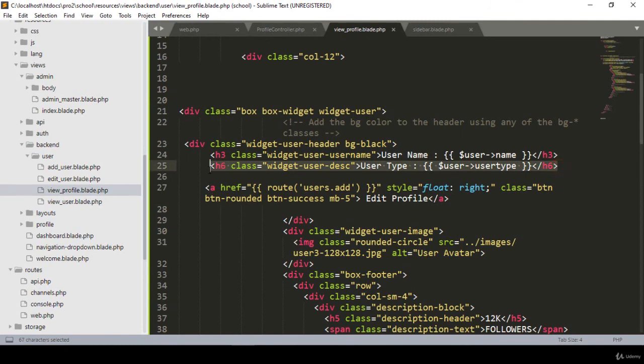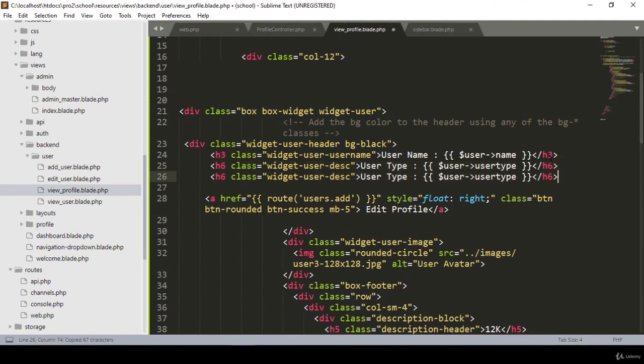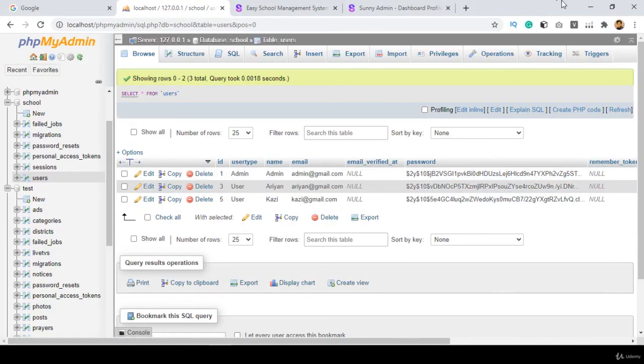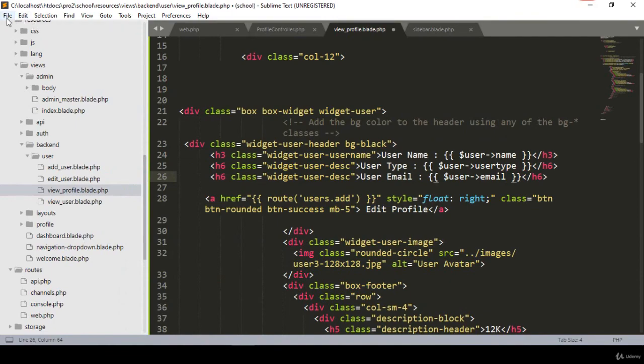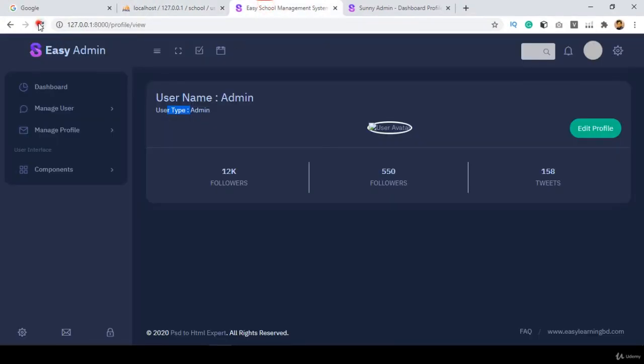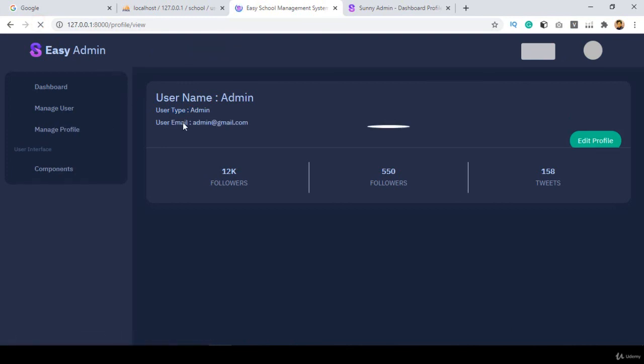Better I also add another one. I paste it, so that will be the user email. Okay, user email. With this user I want to access our database field named email, right? So that is actually the field name, email. Right now I also want to make it visible. So now if you click Save All, this is all the data for this user. You can see it's now showing the admin, there is a name, that means the user type, the user email address is visible, which user is logged in, so this logged-in user's details are visible,